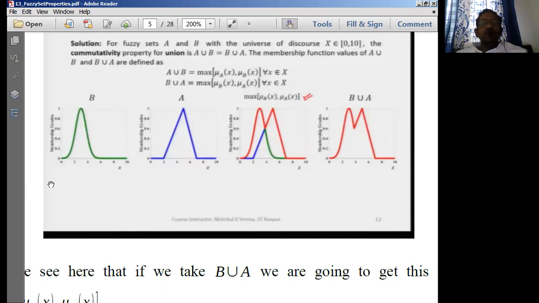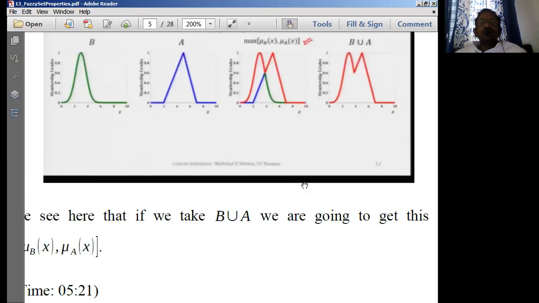When it is union, which is bigger? Once again, B is bigger. So the B part will be coming, then later on, A is coming. So when you apply union of these two, once again, we are going to get the same kind of functionality. So thereby we can say this is nothing but B union A.